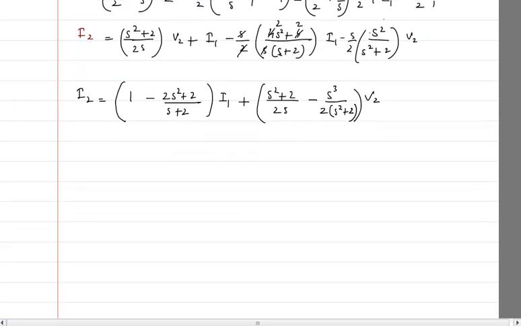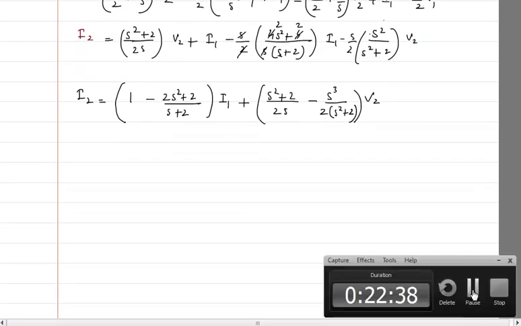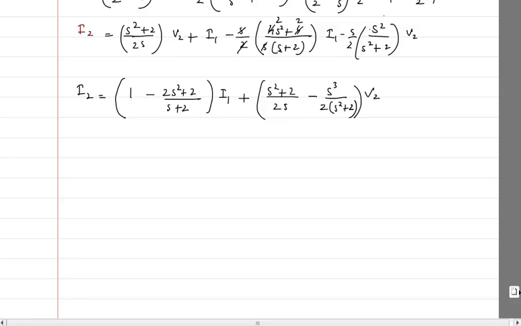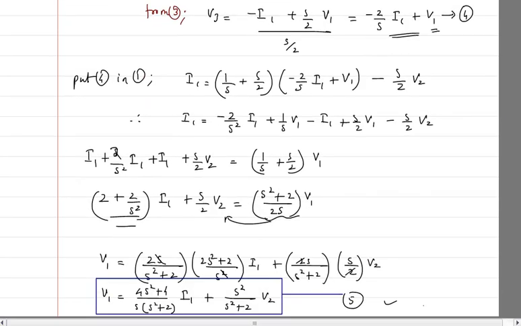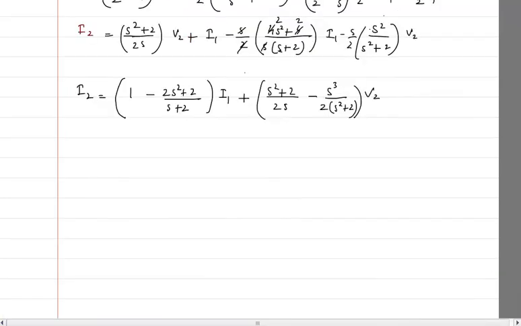Okay, now I can reduce this further. Before that, again I made a small mistake here. It is s square plus 2, so that I have not written. So here it will be s square plus 2. Okay, now let me do. So I2 is going to be equal to s square plus 2 minus 2, s square plus 2 divided by s square plus 2, into I1